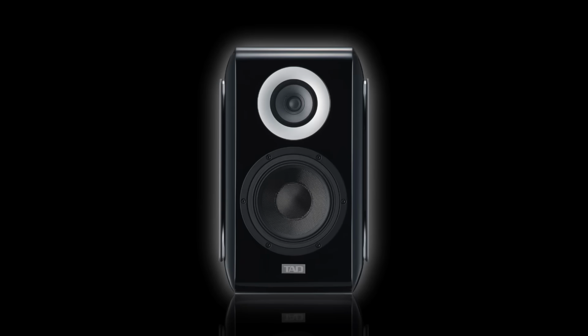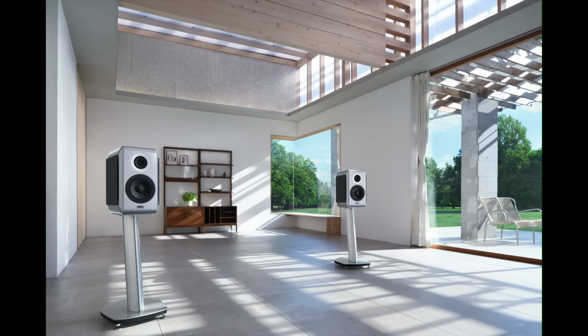That's just not possible. Finally, I'll get to the price. The ME1TX in the black finish sells for $18,200 a pair, and the optional stands are $2,800 a pair. In the silver white finish, the price goes up to $19,200 a pair, and the stands are $2,900 a pair. I'm going to get a little deeper into my sound impressions of the ME1TX with this recording,